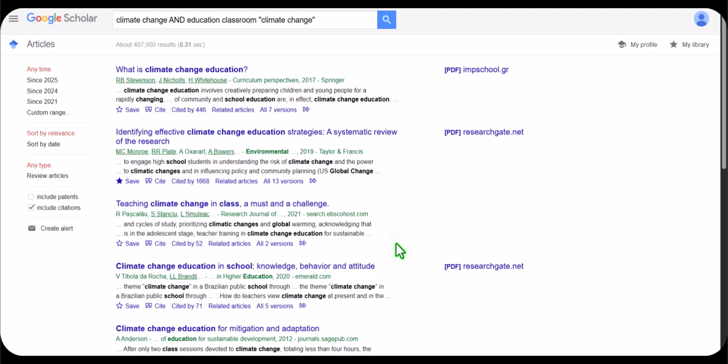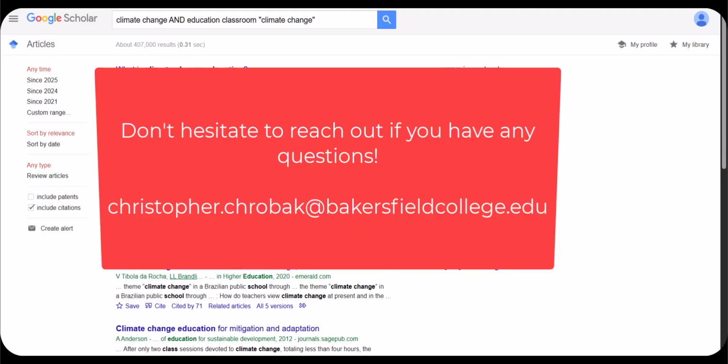So that's it for Google Scholar. It's a powerful tool for finding academic research, exploring citations, and connecting your searches to the full-text materials available through the BC Library. If you need help setting up Google Scholar or refining your searches, don't hesitate to reach out